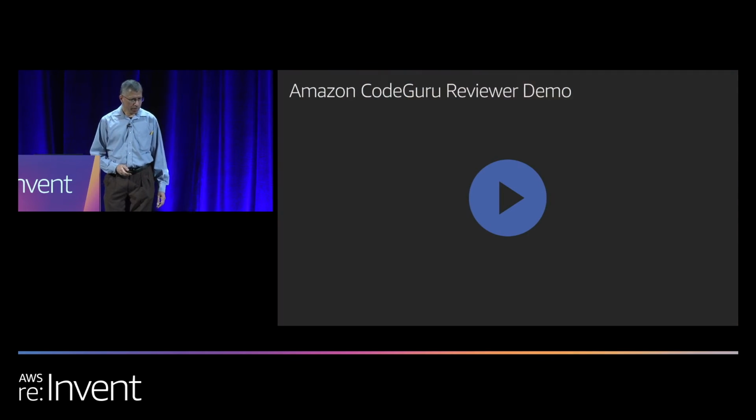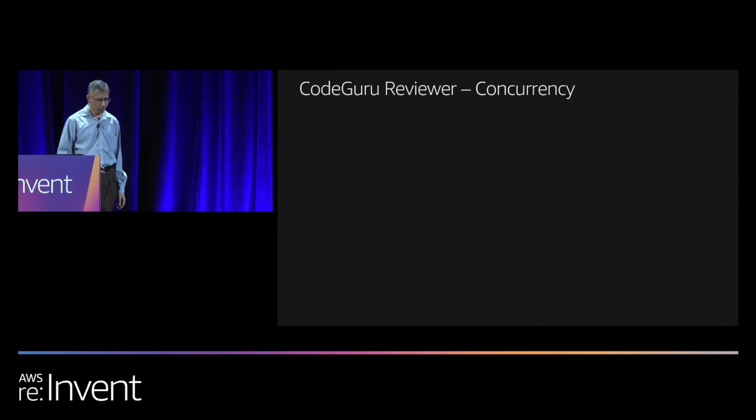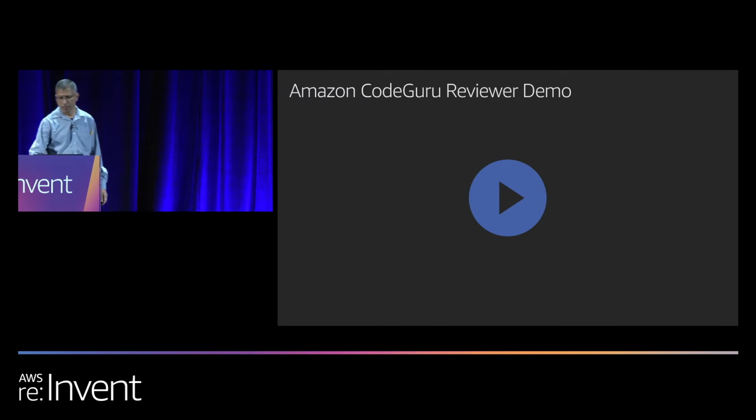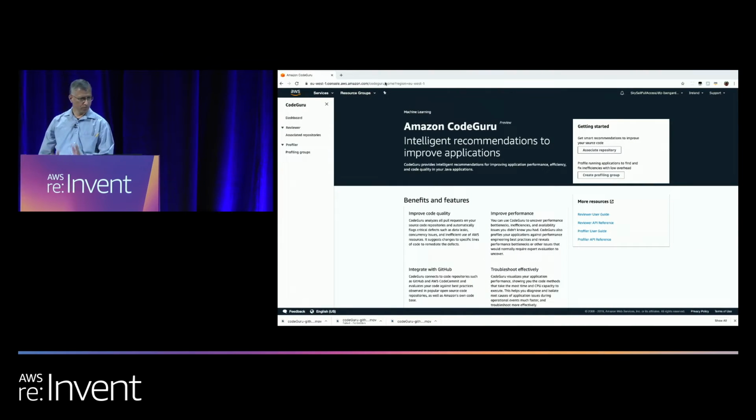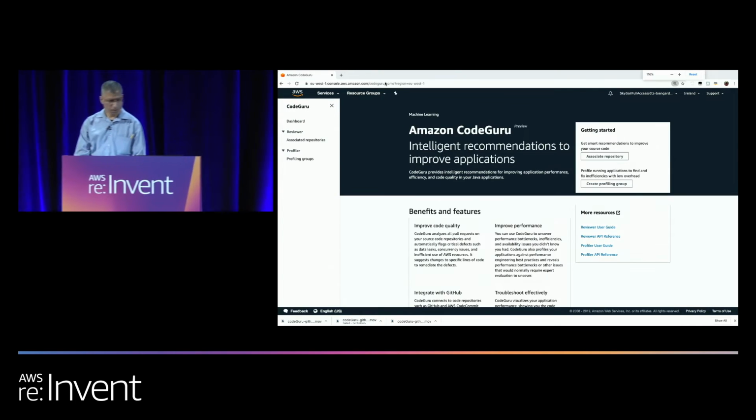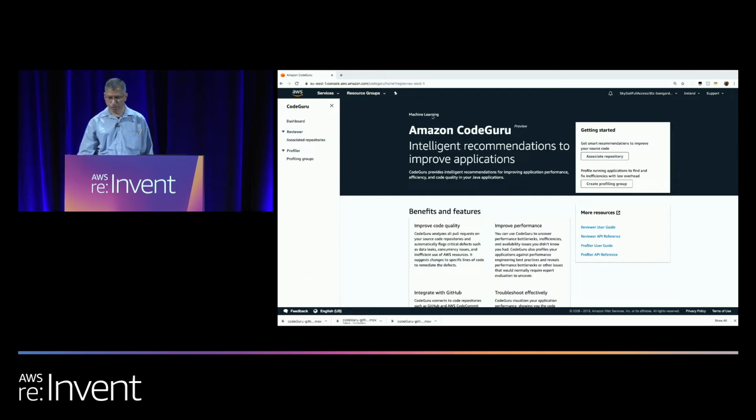Cool. So now let me give a demo of CodeGuru, and how you can onboard. Let me switch and show you the CodeGuru console. I guess everybody can see this. Increase the font size a bit. So this is the Amazon CodeGuru console, and it has the reviewer part and the profiler part. As I mentioned, if you want to get started with the CodeGuru reviewer, you need to associate your repository with CodeGuru reviewer. So let's go to associate repository, and